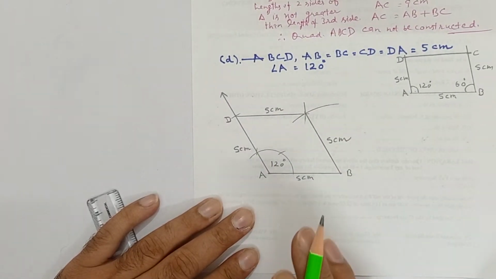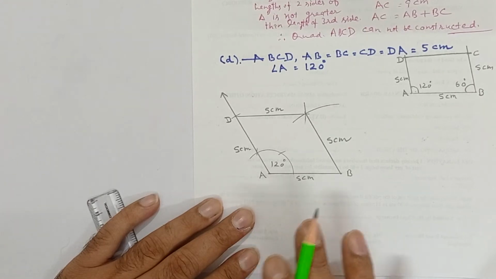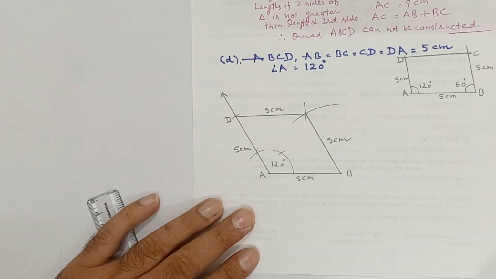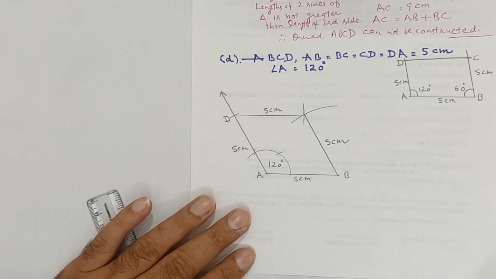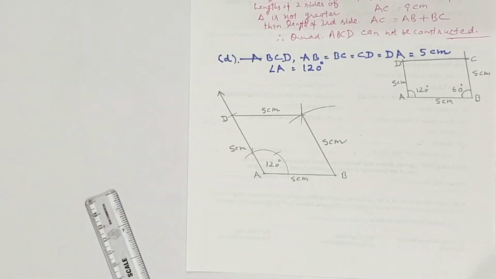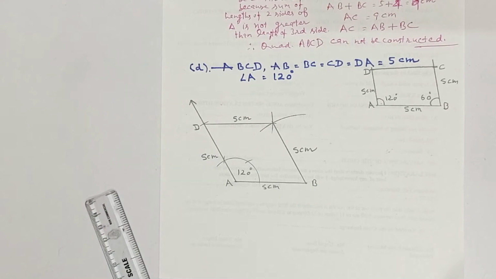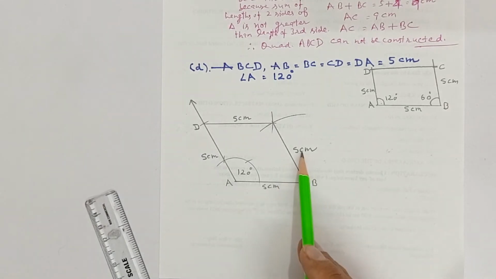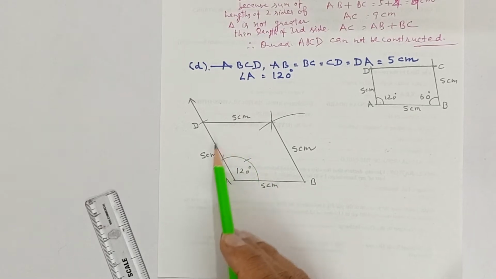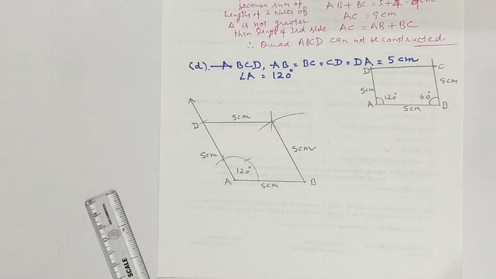Now he is asking that after you have made this quadrilateral, you are to determine what type of quadrilateral this is. You have already done the definition of a rhombus. A rhombus is in fact a parallelogram in which each pair of adjacent sides is equal. So look, 5 is equal to 5, 5 is equal to 5, 5 is equal to 5, and 5 is equal to 5. Ultimately, all the sides become equal.